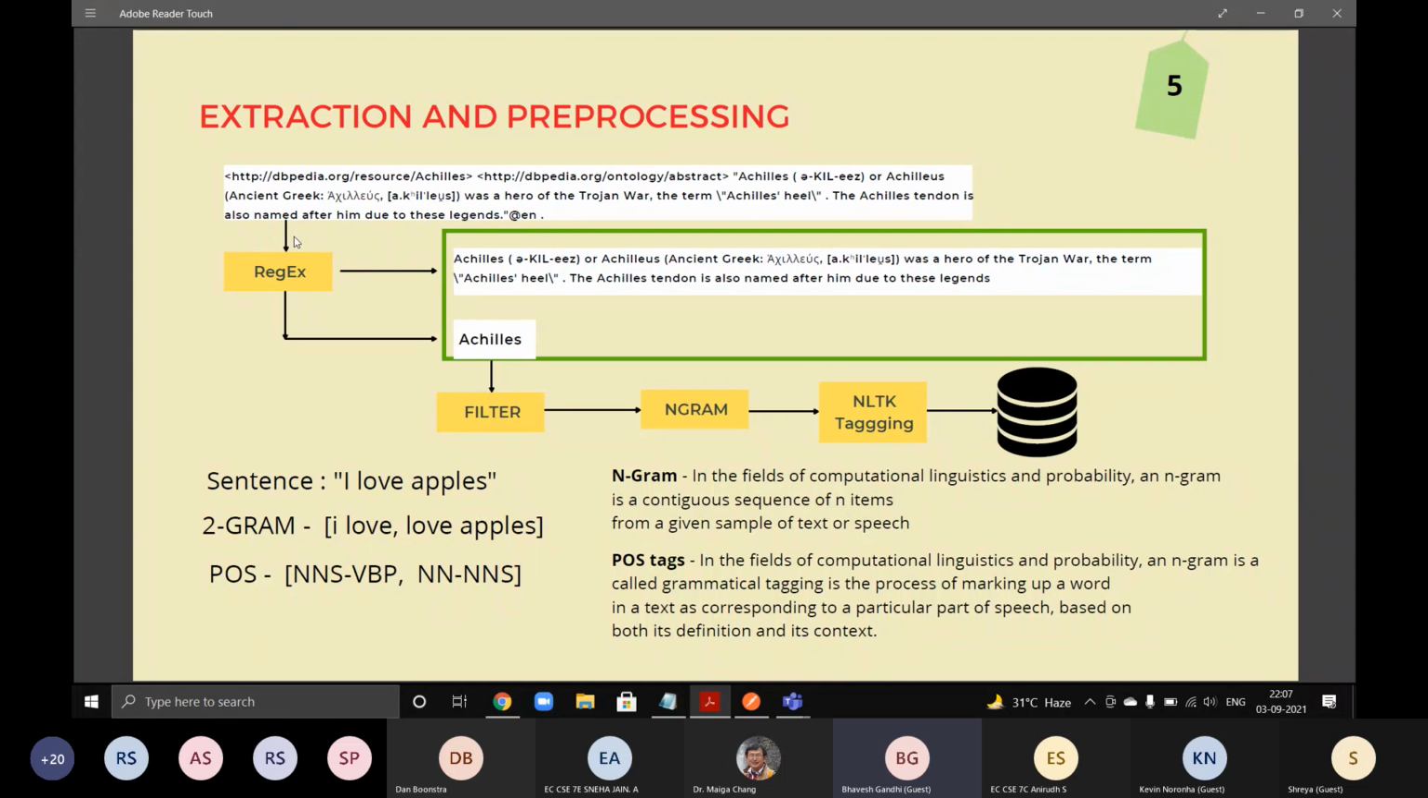So regular expressions are used to extract patterns from a sentence. It is a good way to extract patterns out of a sentence. You can easily use it in Python or PHP too. After extraction, we get the abstract over here, and of course